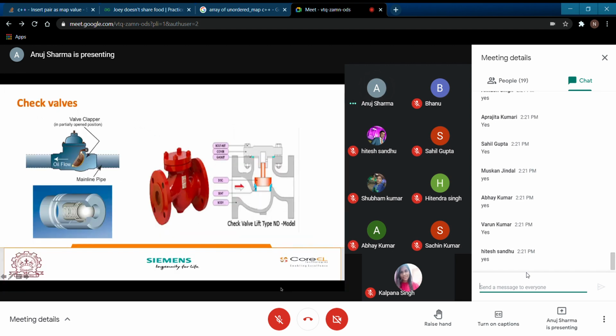Class, my question is: if this system is installed in a particular pipe, is it going to allow the flow from left to right or right to left? Kindly answer in the chat box. If I install this particular kind of valve into a particular system, is it going to allow the flow from left to right or right to left?